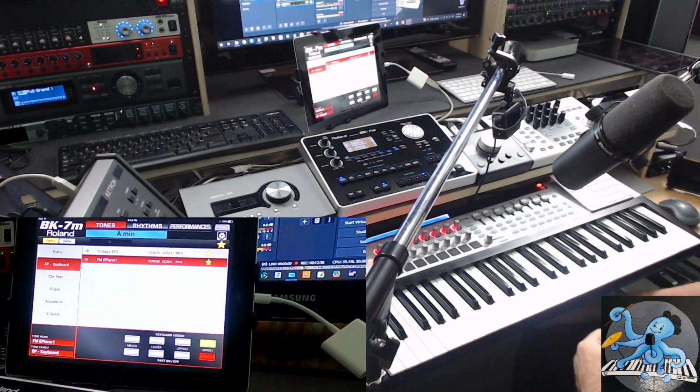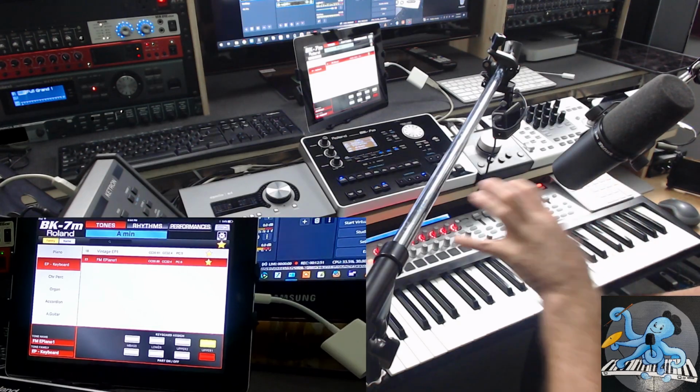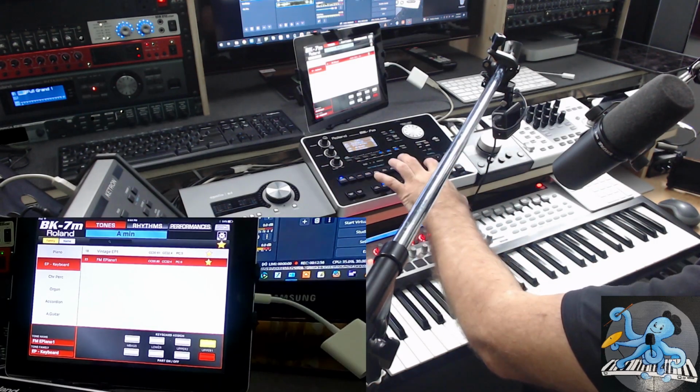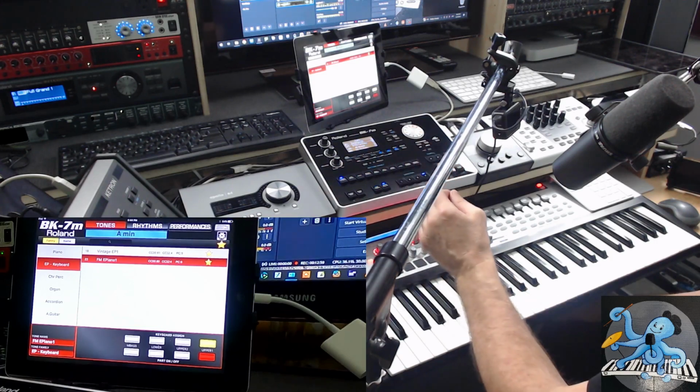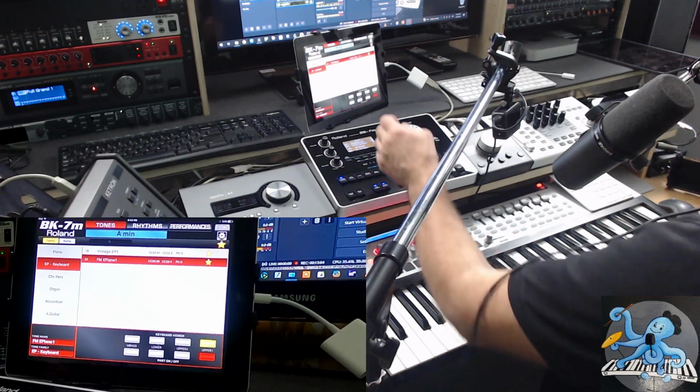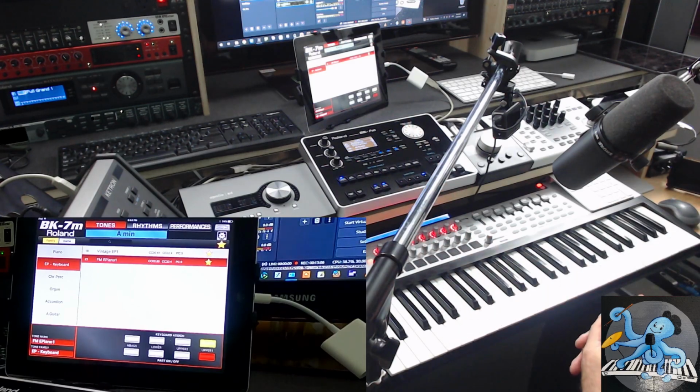So, as you can see, you can use this Roland BK-7 in live performing very successfully without any problem. You have very fast access to all of your styles, actually to a whole section of the styles that are inside of Roland BK-7. You can just go over styles and put them in favorite styles, or you can go to sounds, put them in favorite sounds, and call them very fast, or you can make your songbook performance list, and then you can call everything from this application,